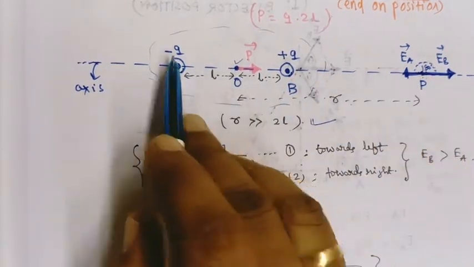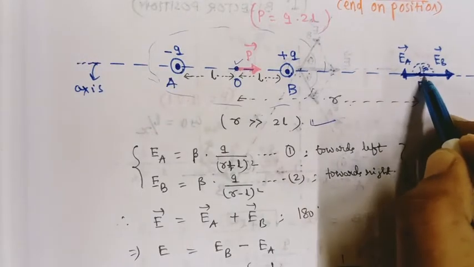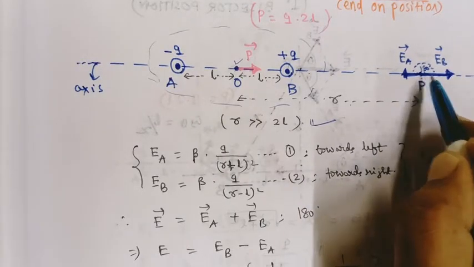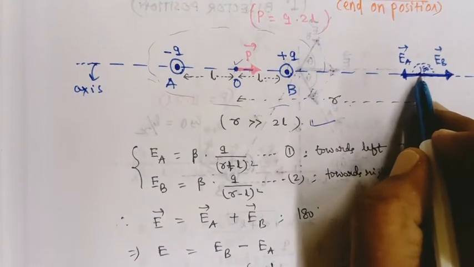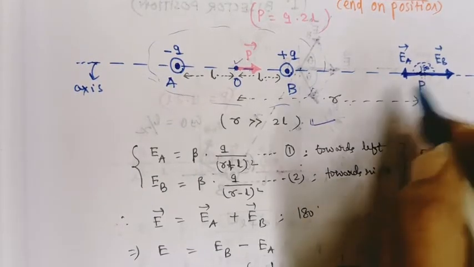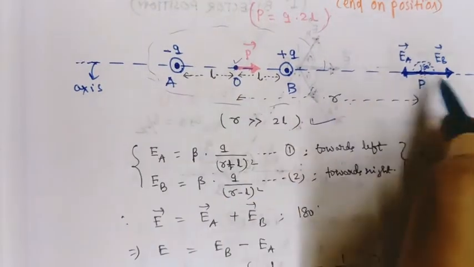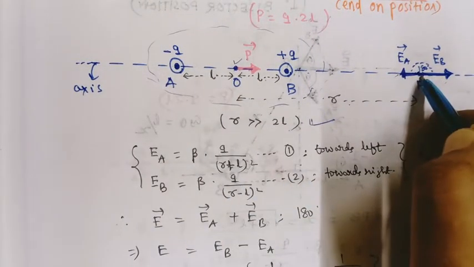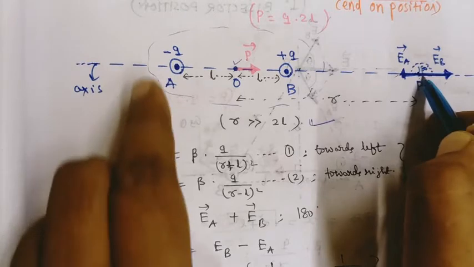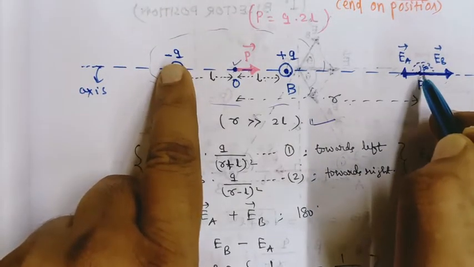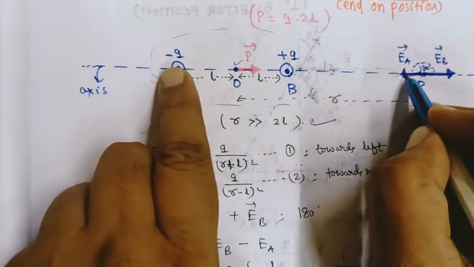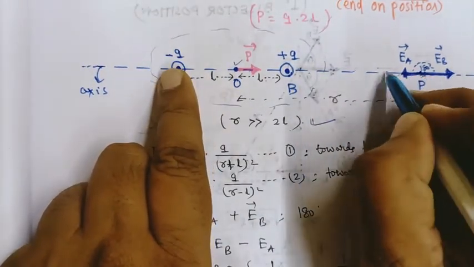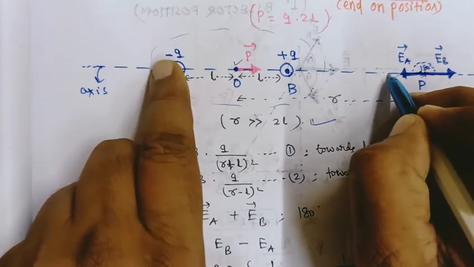First you see, minus q source charge is here, point P is here. We have to calculate the intensity. In the previous class we have read that if the source charge is negative, then the nature of intensity is converging. Converging means towards the source charge. So the EA vector is towards minus q, because the test charge kept here is positive. When the source charge is negative, this test charge will be attracted to the source charge. Only remember, if the source charge is negative, then the nature of intensity is converging, that means towards the source charge.